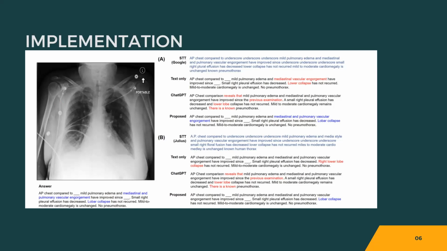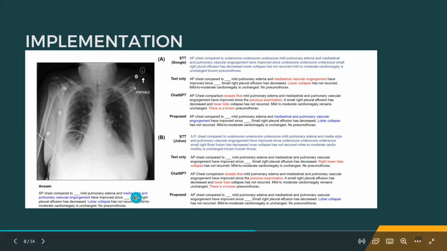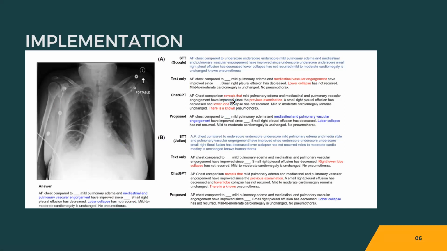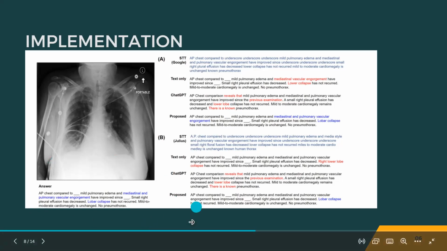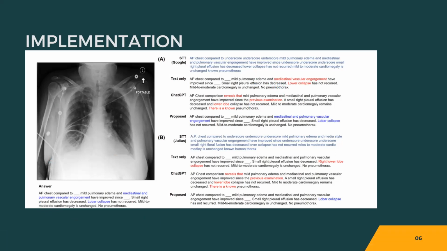If you are talking in terms of quality, over here, as you can see, different kinds of colors appear. The blue color is the correct answers that we expect over here. This is the blue color I'm talking about. The red color here signifies the incorrect answers that they have obtained. So this answer is what we need. What have we obtained from text only? They have made this mediastinal and pulmonary vascular engorgement. So this is the word that we need. And what have we obtained through text only? We have got